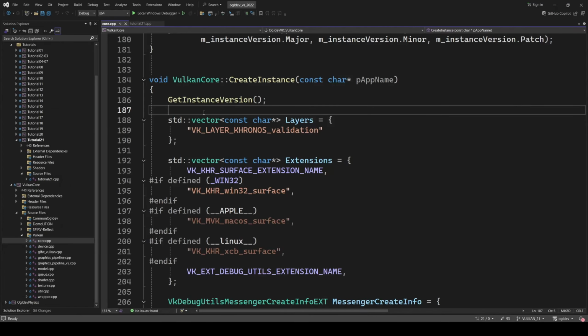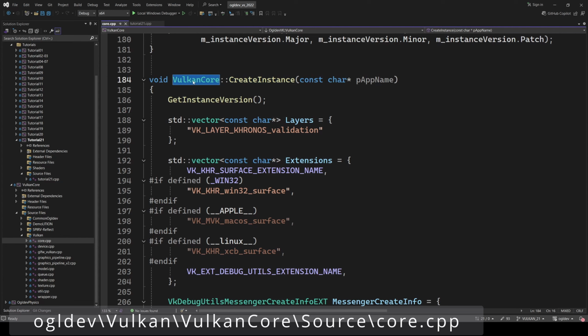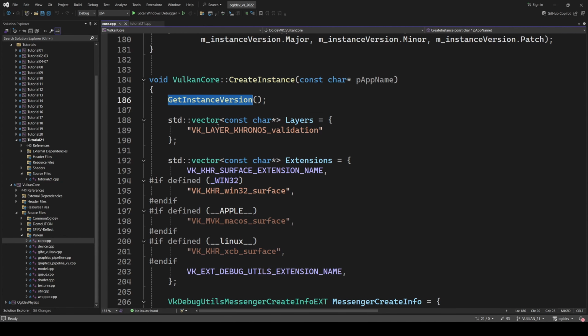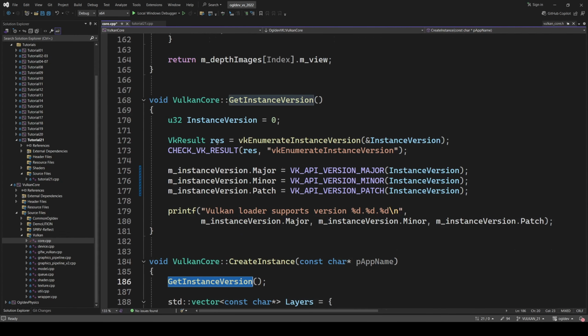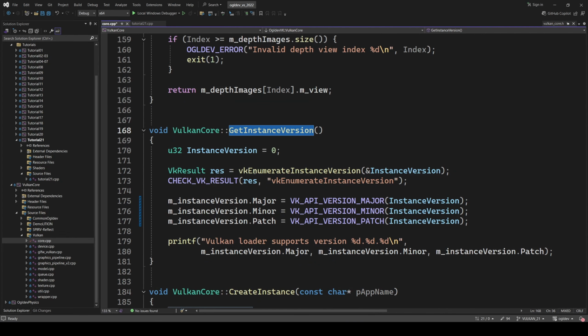To enable dynamic rendering, we need to make sure that the system, as well as the device, support it. And by saying system, I mean mostly the Vulkan instance. So we start by checking the Vulkan version that the system supports, and we do that even before the instance is created. Okay, so we go to the Vulkan core class, to the create instance function, and I've added a function here called getInstanceVersion, which is defined up here. And to get a version, we call the Vulkan API